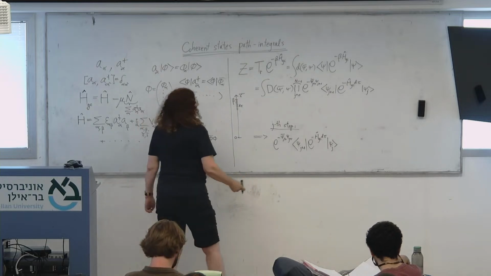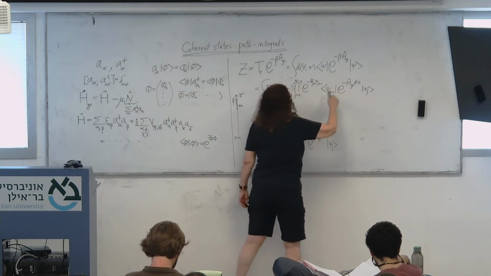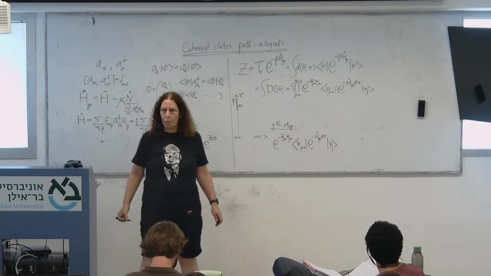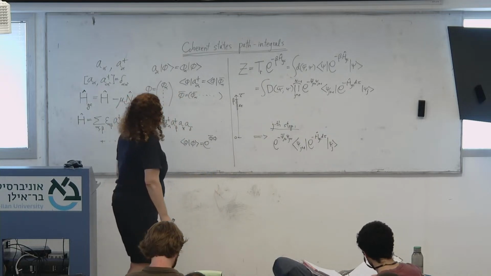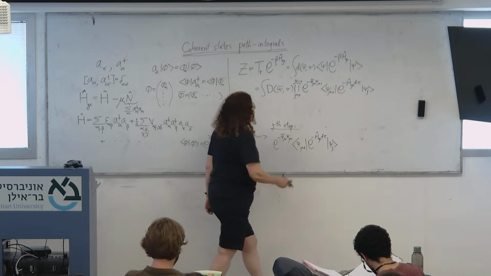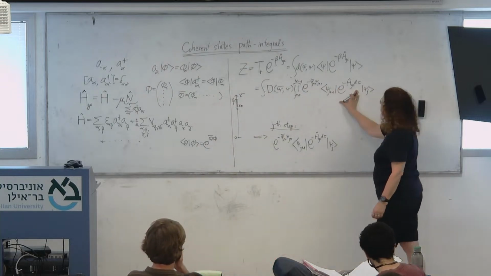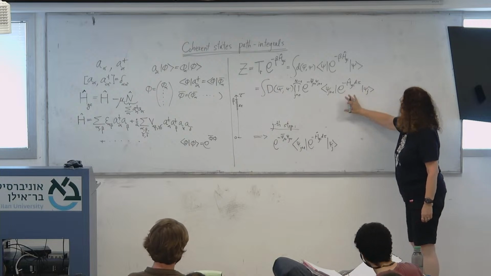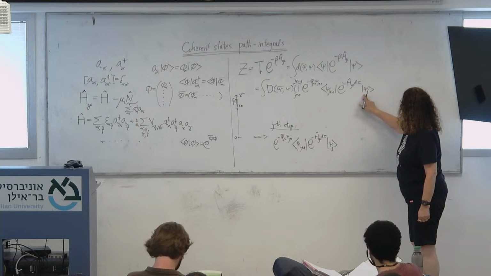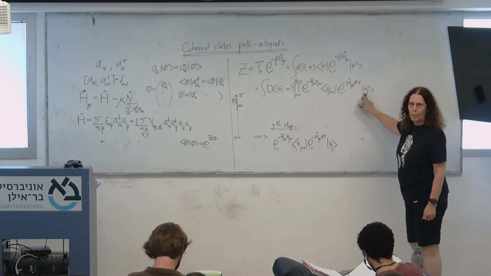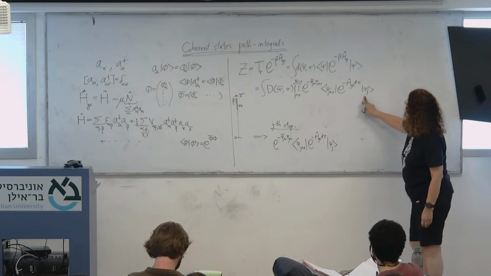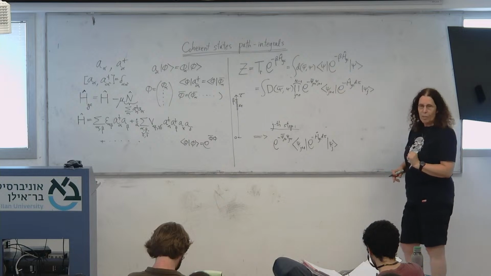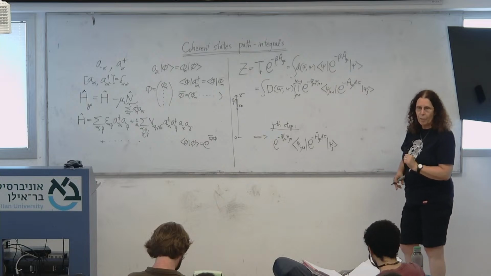That's the idea, right? And then we just get something that in the end we'll be able to interpret as an exponential of some function of complex numbers. So that's the idea. And now we have to find what this is. And here you see why we chose the coherent states. Why did we choose the coherent states? Because coherent states are eigenstates of the annihilation operator.